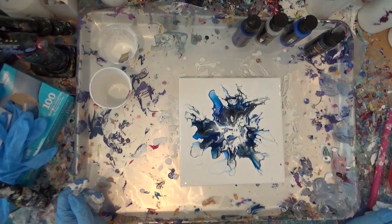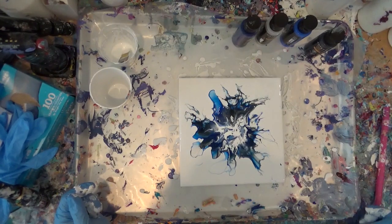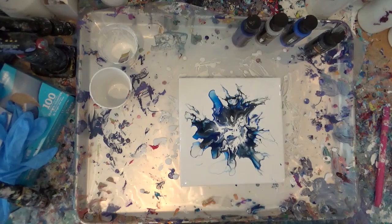I'm quite happy with it. What do you think? I don't want to do anything else. I have a lot of negative space. That's all right. What I'm gonna do,